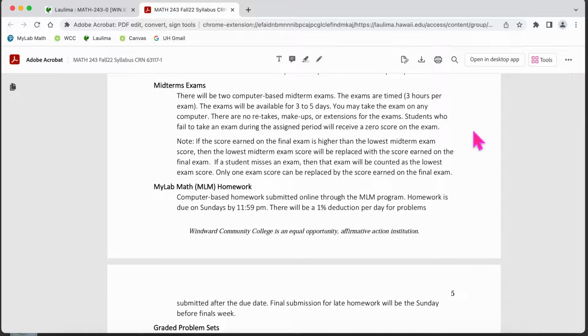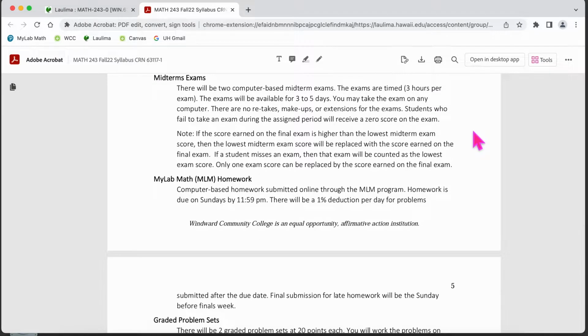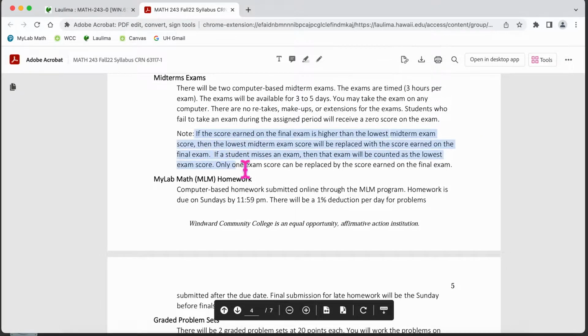Just be aware that the exams cannot be extended. You can take them earlier if you wish to arrange that with me, but you cannot take them later. The MyLab settings are automatic. Once the due date has passed for an exam, the solutions and the exams will be available to the whole class for review. So there's no point in you taking an exam after the exam has been visible to the class.